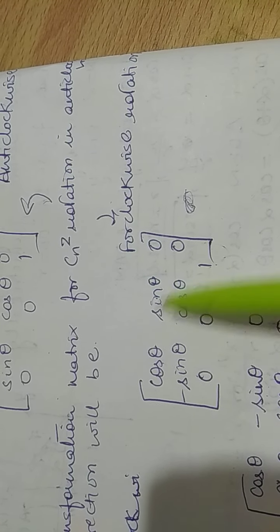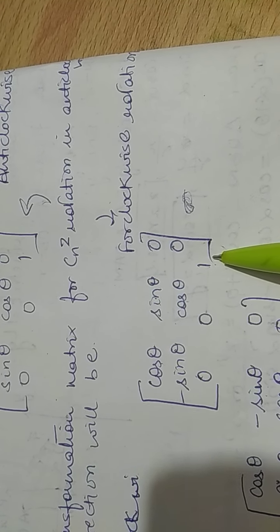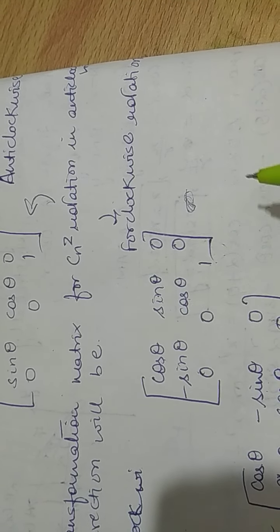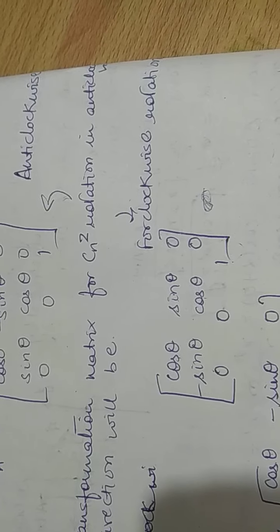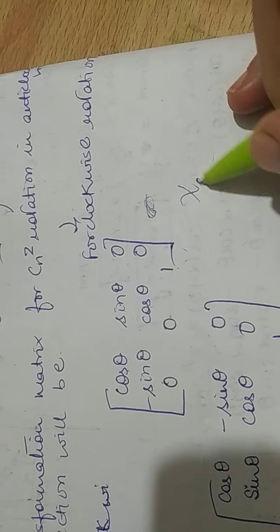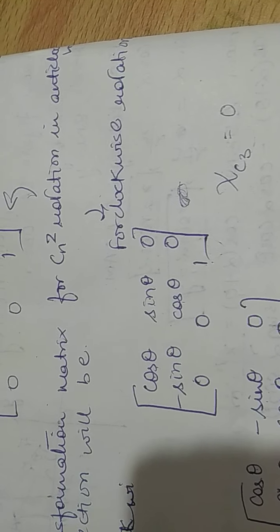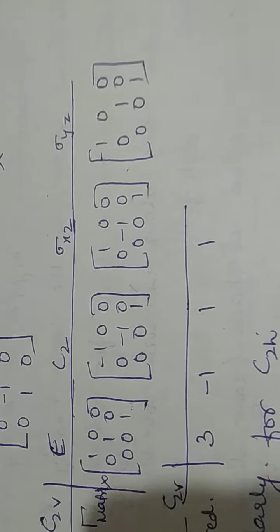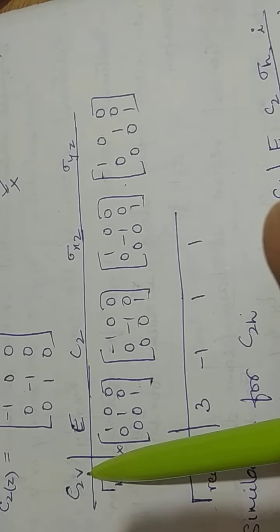We are going to take the character like this. -1/2 twice is -1, and then +1 is 0. So C3 will give you a character of 0. Right? Similarly, we can calculate for the others. So finally, we get the character for C3 equal to 0. So you can calculate for the others as well. I think this is clear now. Now we can move on to the basic point group, that is the C2v point group.